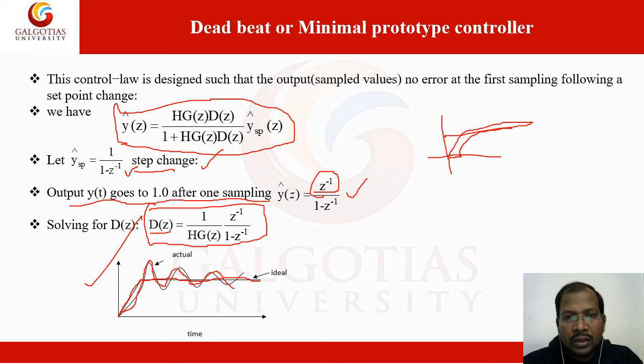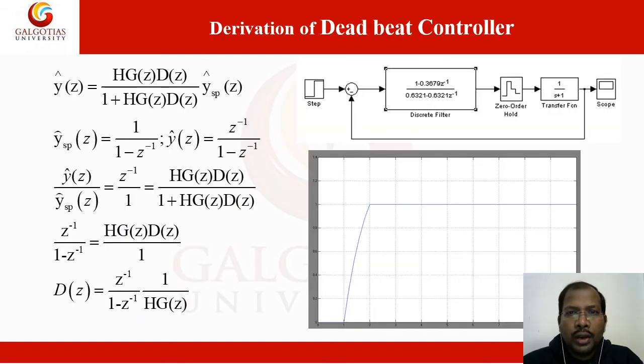There is oscillation. We are going to work through a few examples. The same process we can apply in MATLAB. Here we get this Dz value, in the presence of YSP equal to 1 by 1 minus z inverse and Yz equal to z inverse by 1 by z. And here Hz we are considering the same. Here Gs we are considering as 1 by s plus 1, so a first order transfer function, and a zero order hold circuit.